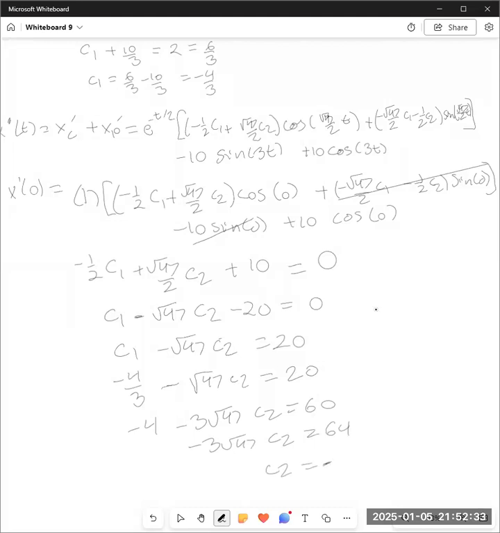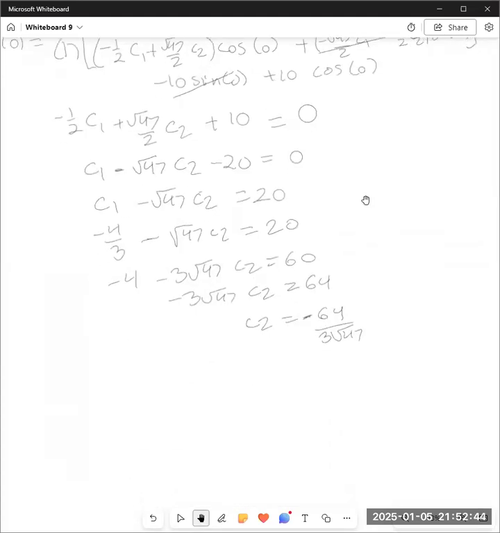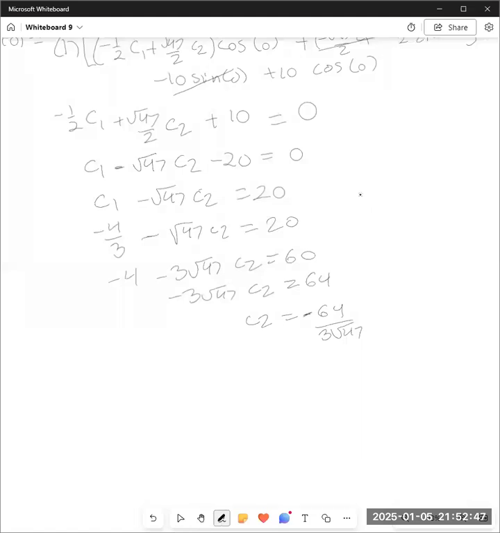c2 equals negative 64 over 3 root 47. Normally we'd rationalize, but the book isn't going to do that, so I won't do that either. And I'll write my answer here as my xc plus xp. My total xt here is x of t is equal to e to the negative t over 2 times